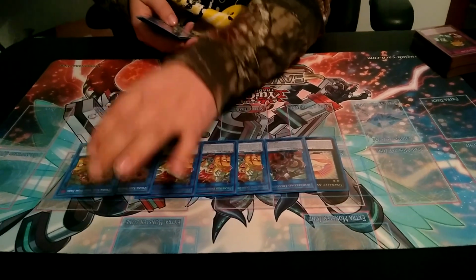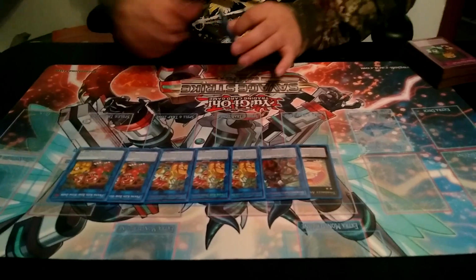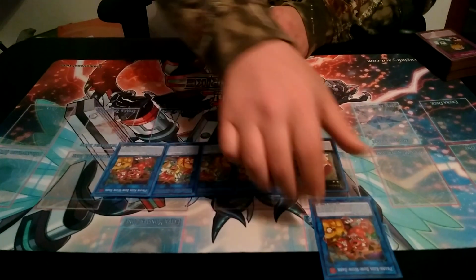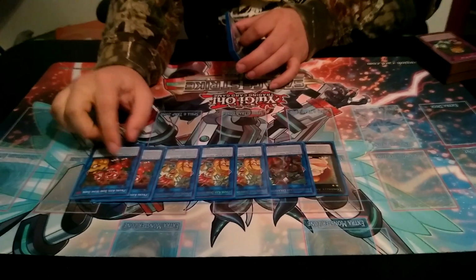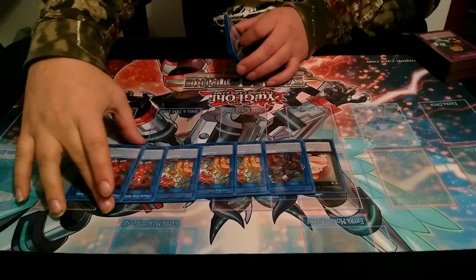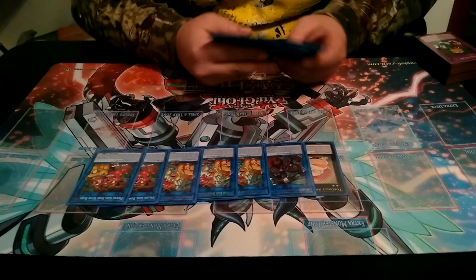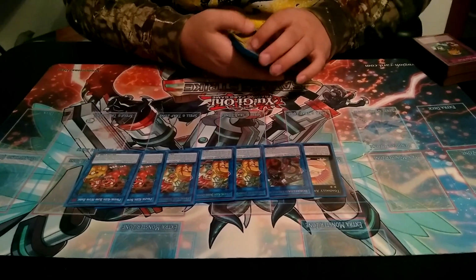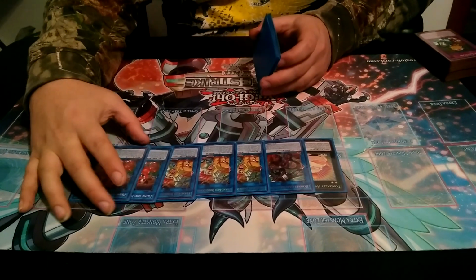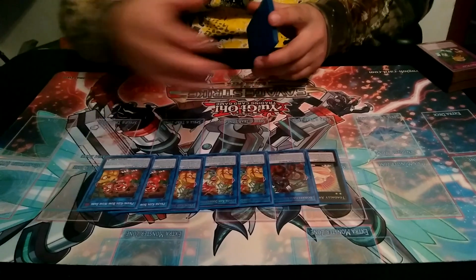we play Prank Kids Bow Wow Bark. Bow Wow Bark allows you to, any Prank Kid that it points to lets you gain 1,000. And then literally you can tag out. It cannot be destroyed by card effects, just a fusion that can't be destroyed by battle. So all your Prank Kid monsters are safe from card effects. Unless you play against Titan, then you're